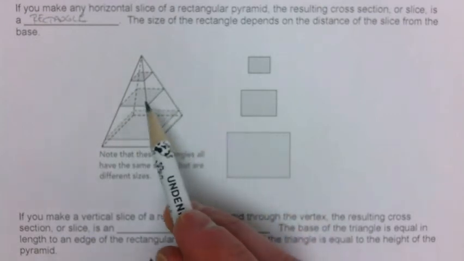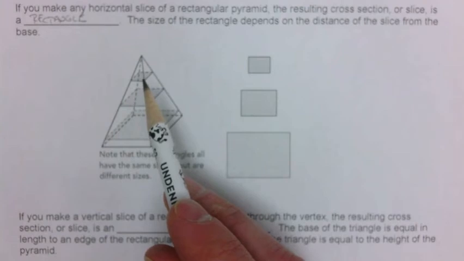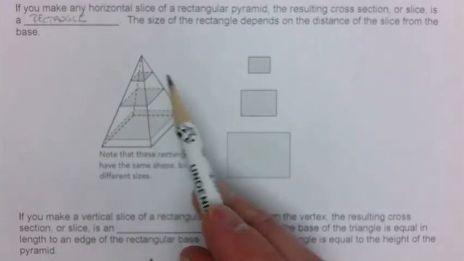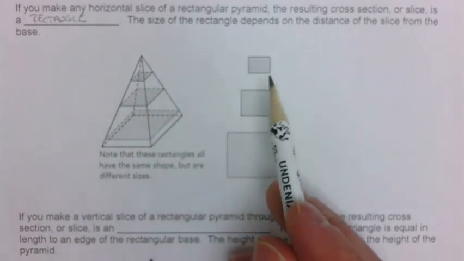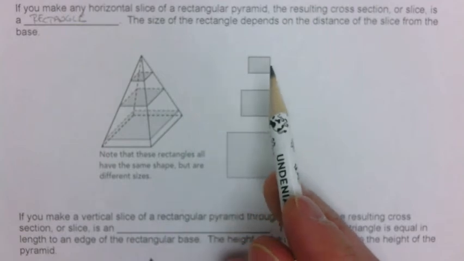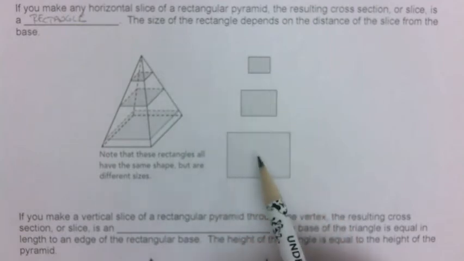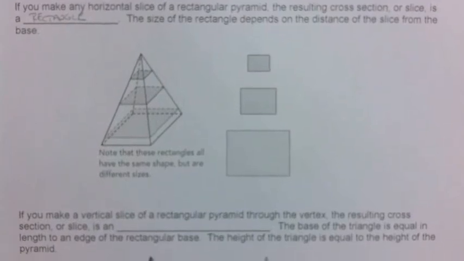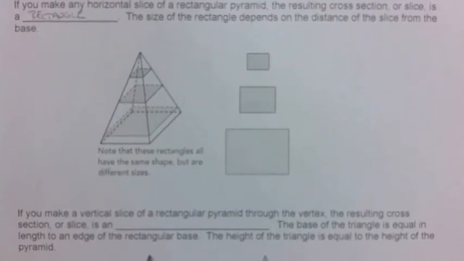If I slice close to the apex up here at the top, horizontally, okay, well, I again get a rectangle, but notice how much smaller this rectangle is compared to when we sliced close to the base. So the size of the rectangle depends upon the distance that the slice is from the